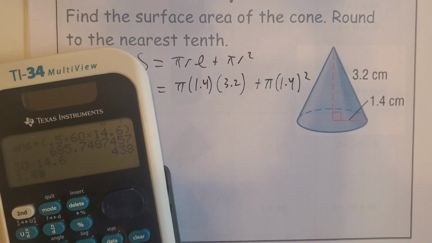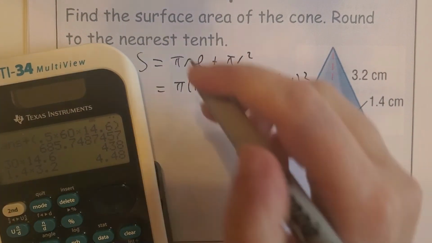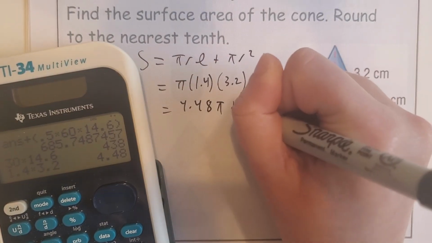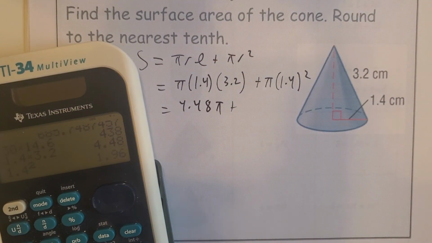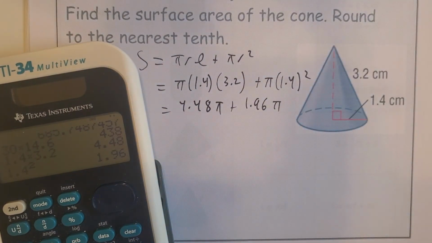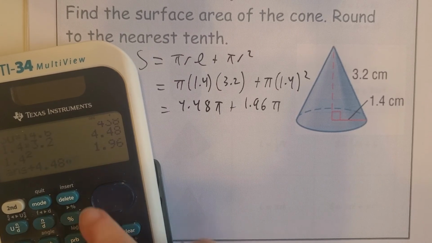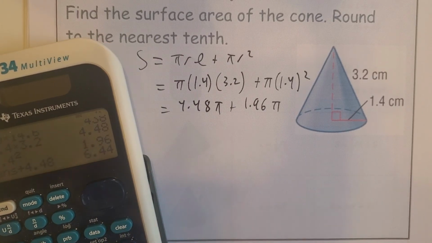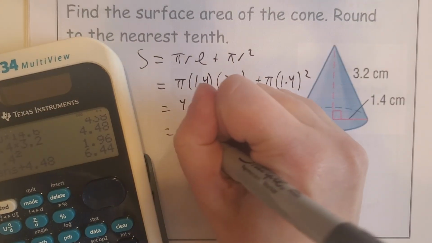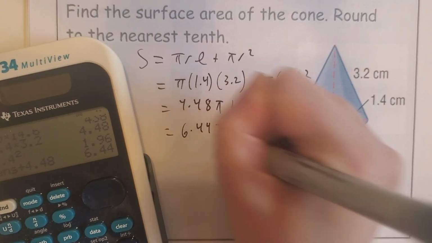So 1.4 times 3.2 is 4.48. So this is 4.48 pi plus 1.96 pi. They do both have pi, so you can combine those. So the exact answer, since this is a not too terrible decimal, would be 6.44 pi